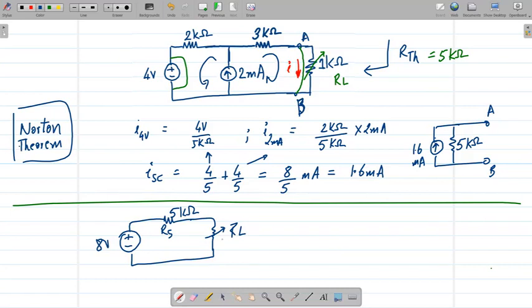We started off the problem saying the load resistance was 1 kilo ohm, right? That's what we have here. So this is 1 kilo ohm. We started with 1 kilo ohm, and now we are saying that it's a variable RL. So what should be the appropriate value of RL so that maximum power is transferred to the load resistance, right? What is the power transferred to the load resistance?